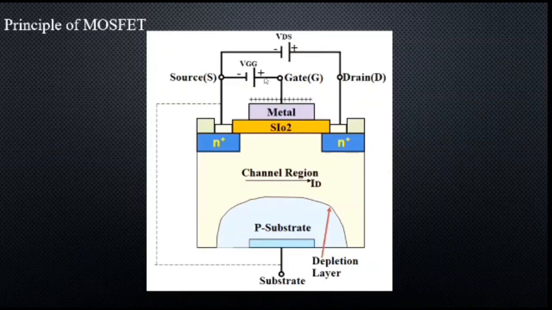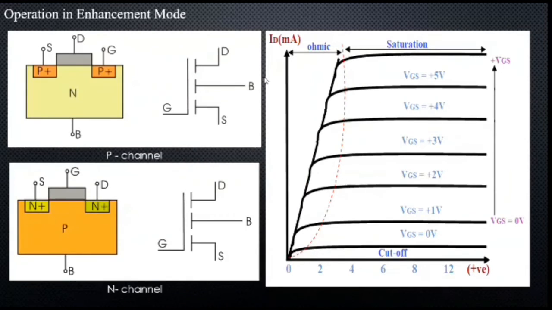Now let us see the operation of MOSFET in enhancement mode. The operation of MOSFET in enhancement mode is similar to the operation of an open switch. It will start to conduct only if a positive voltage is applied to the gate terminal and the drain current starts to flow through the device. The channel width and drain current will increase when the bias voltage increases. But if the applied bias voltage is 0 or negative, the transistor will remain in the off condition.